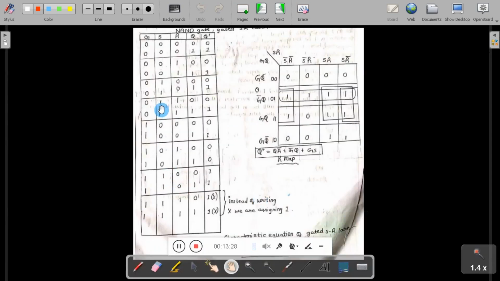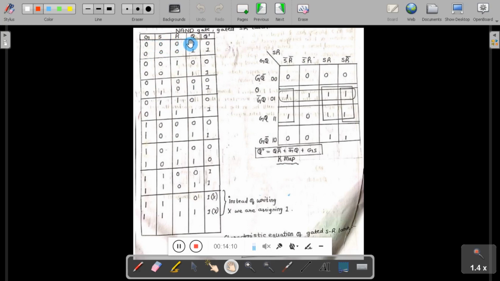So students, this is the truth table or transition table to calculate the characteristic equation for the gated latch implemented by using NAND gates. Here the inputs are G, S, R and Q. S and R are the inputs to the latch, G is the control input, and the latch also depends on the previous output.